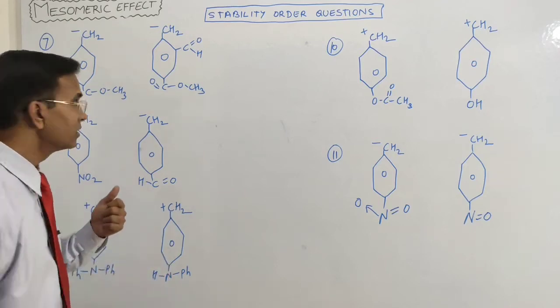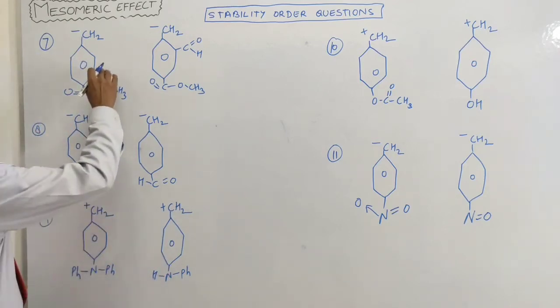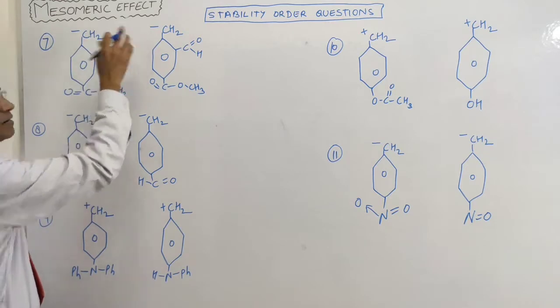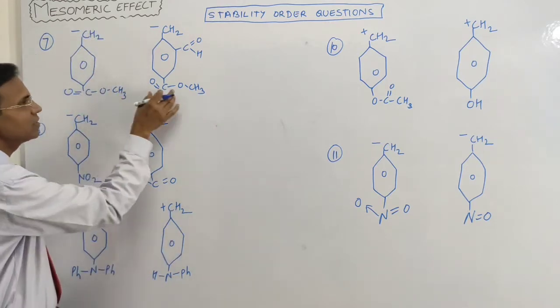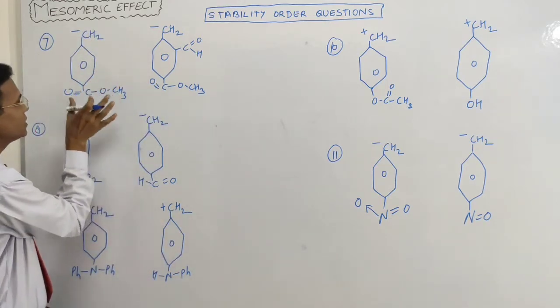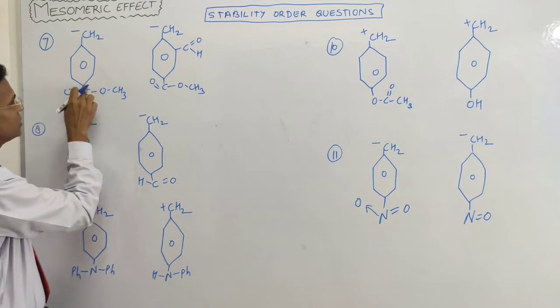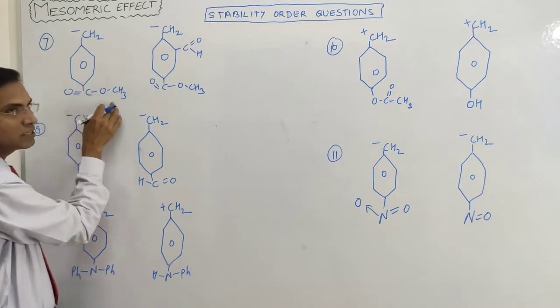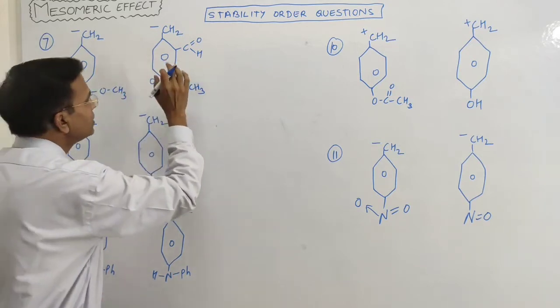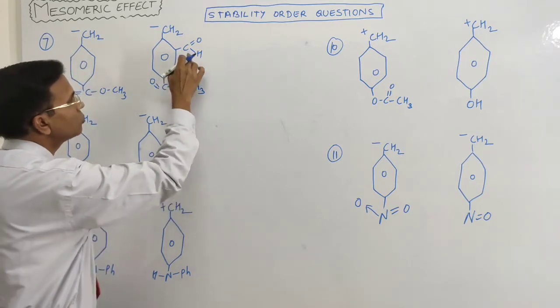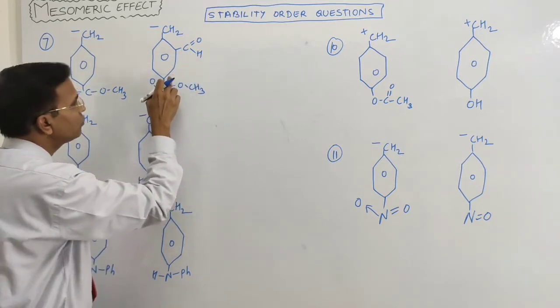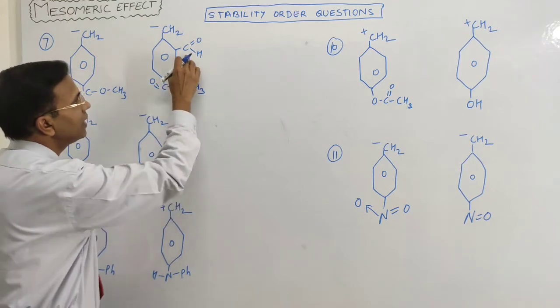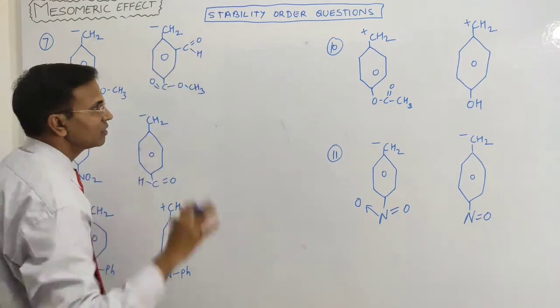More questions. So the next question is this. This is the carbanion, right? And benzene is substituted. In the first case, A, benzene is substituted at the para position, OCOCH3 is there, and here the benzene is substituted at ortho and para positions. Para position OCOCH3 and at the ortho position a CHO group is there, right?